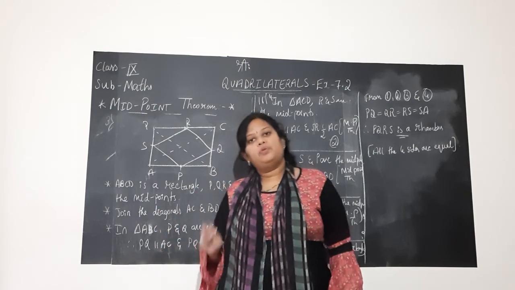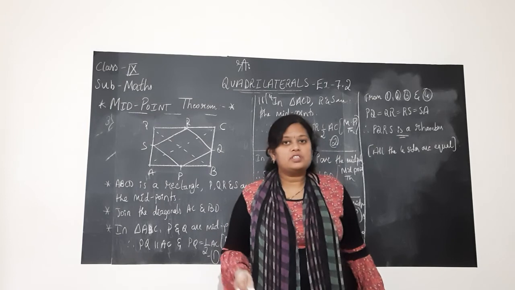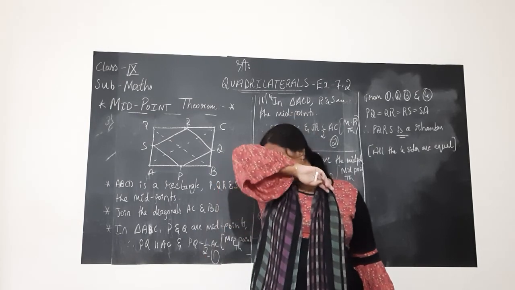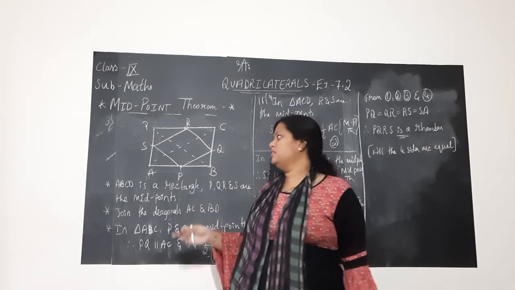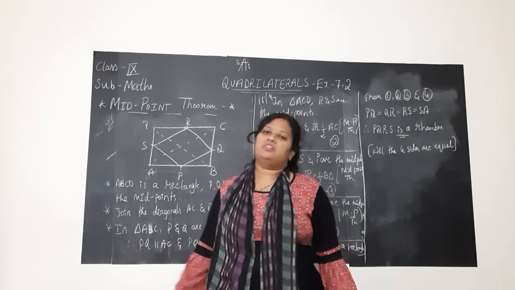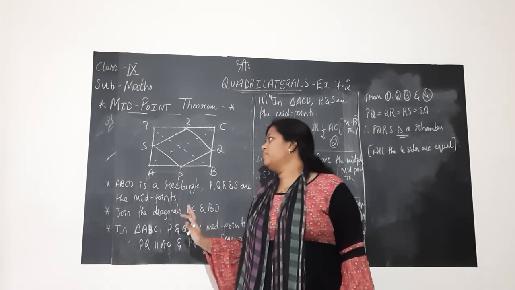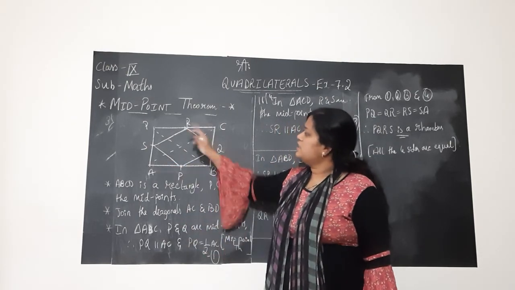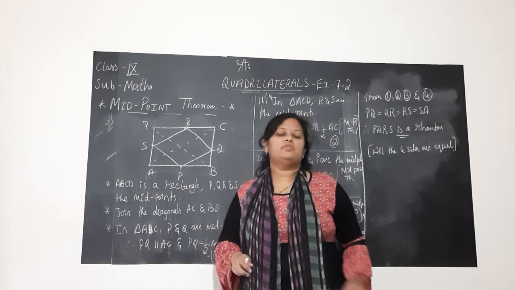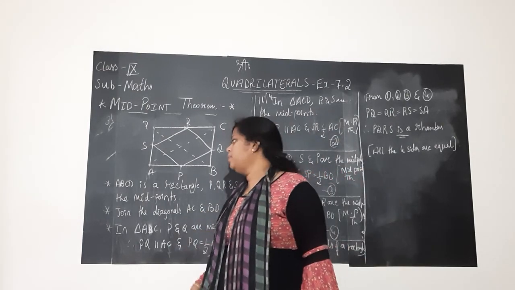If you want to prove it, obviously we know from the property of a rhombus that if we prove all the four sides of a quadrilateral are equal, then it becomes a rhombus. So we need to prove PQ equals QR equals RS equals SP. That's all. If you do, you show that PQRS is a rhombus. But here also, children, AC and BD are the two diagonals which are drawn here. So let us write the same story and apply the midpoint theorem.